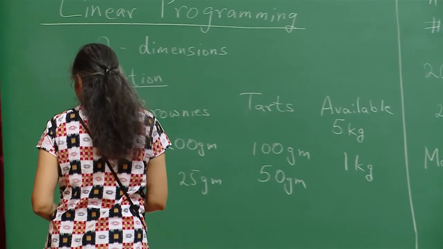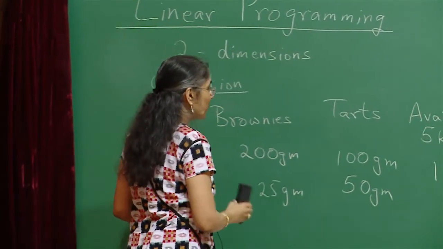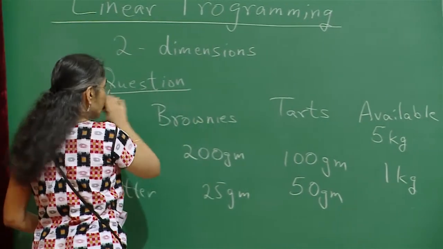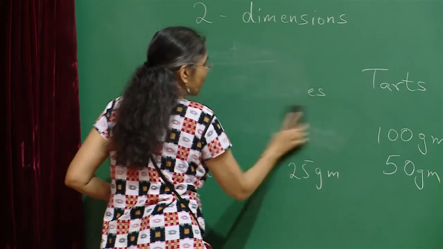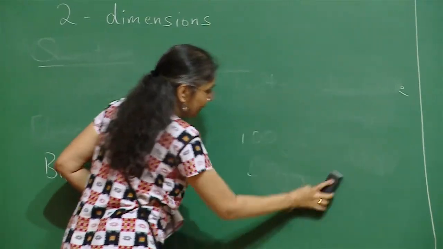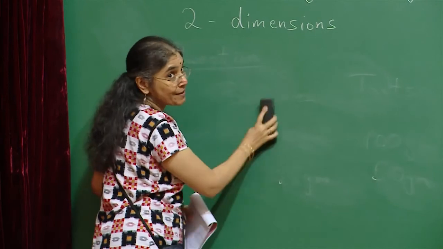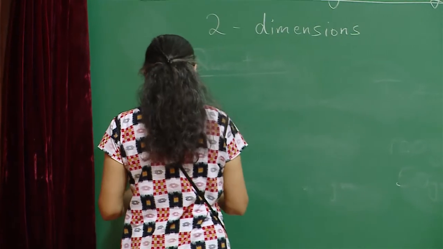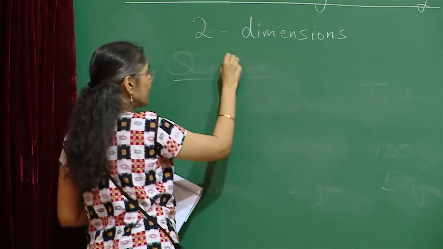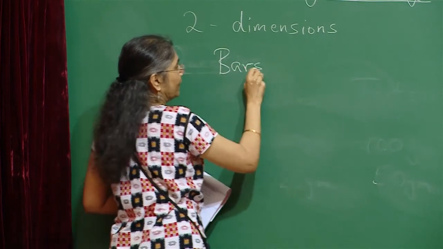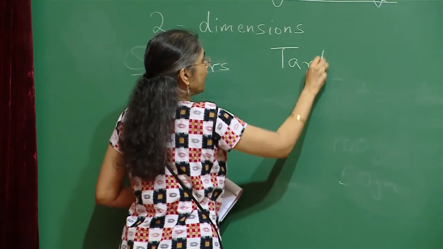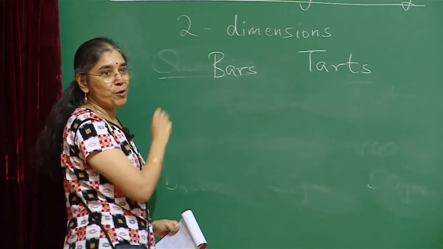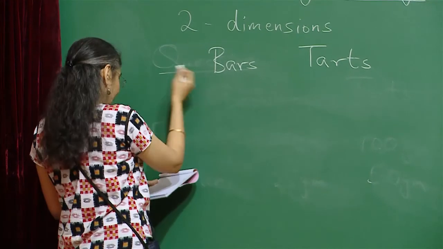So let me give you another example here with brownies and tarts only. Now I'm going to erase this and write this in a little more compact way. What you're saying is, what if the corner point is fractional? So let's say I have a different baker who does not know how to make brownies but knows how to make bars, and